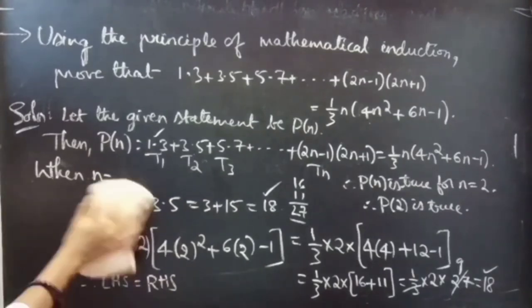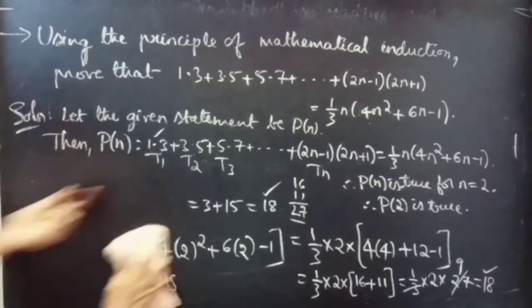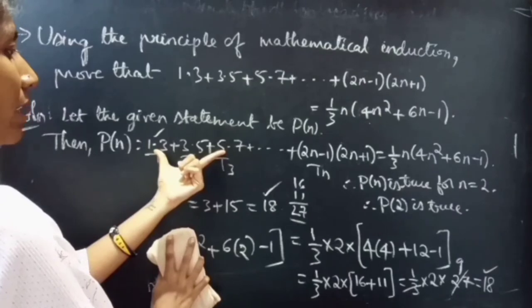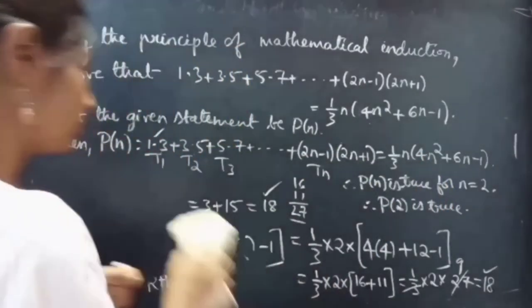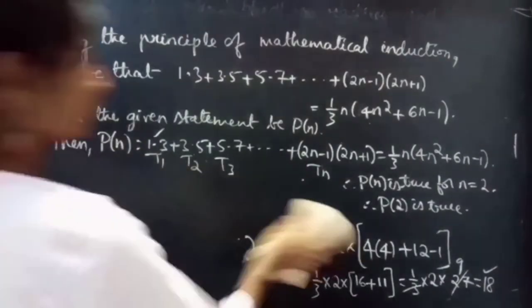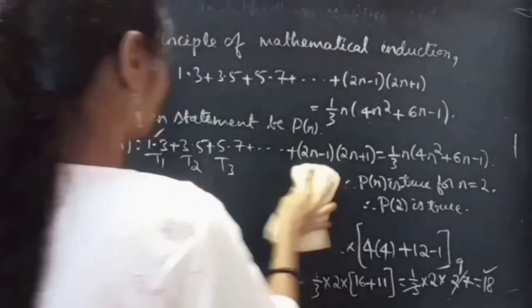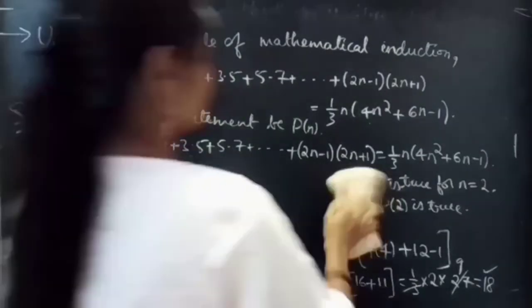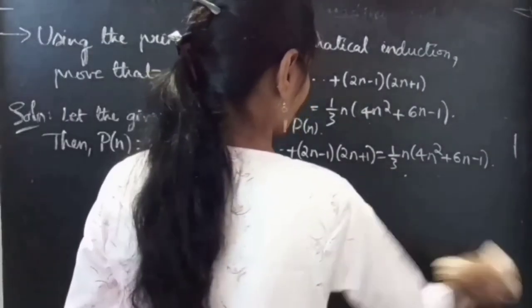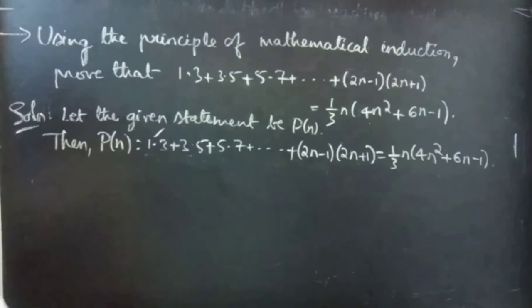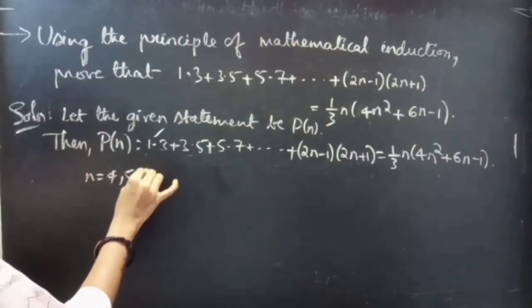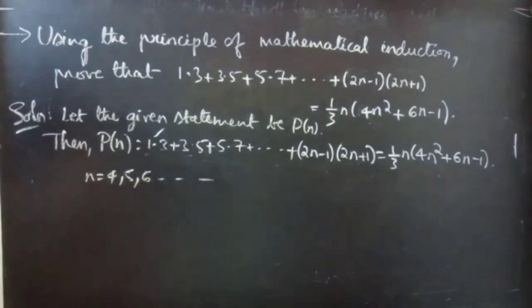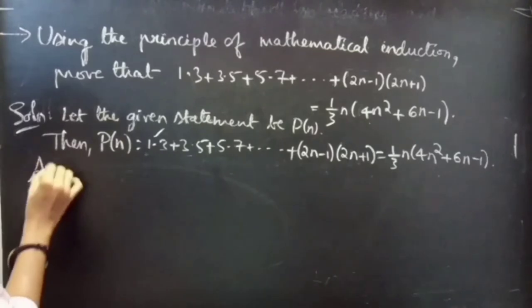When n equals 3, you'll take the first 3 terms from LHS, and coming to RHS, you'll simply substitute n equals 3. You can check for n equals 3, 4, 5, 6, and so on. Okay, it's up to you. Now, assume that